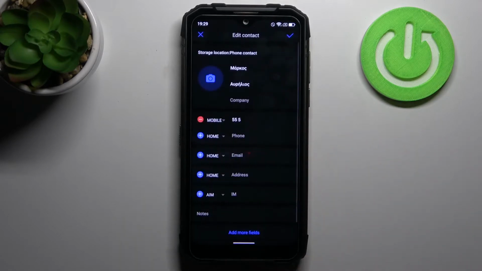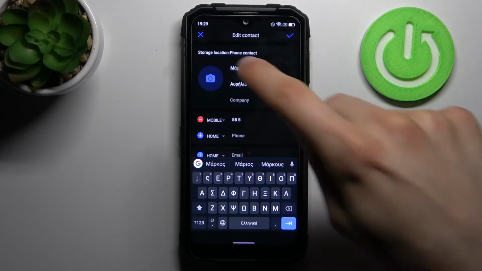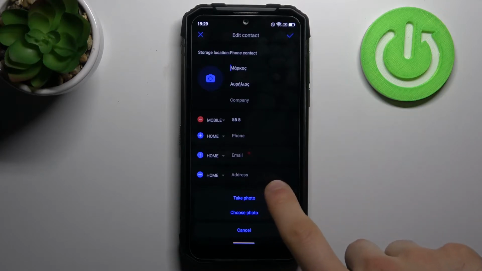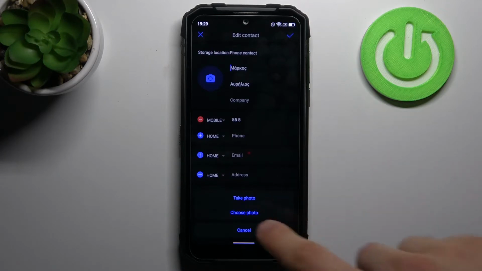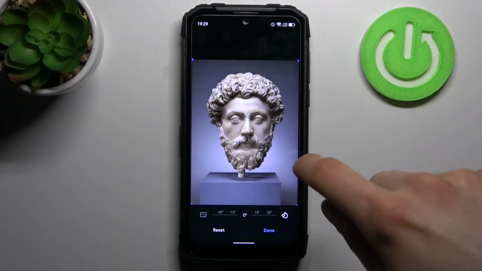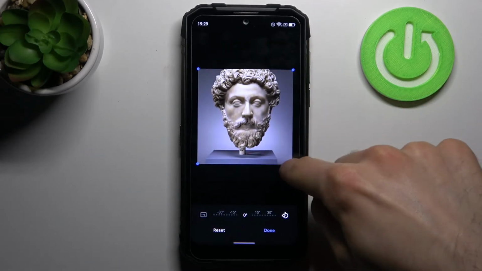then tap edit, then tap on the camera icon to edit its photo. Then you have an option to take a photo or the select photo from the gallery. Then you have to select photo. Here you can adjust it,